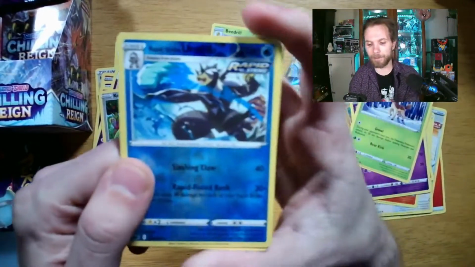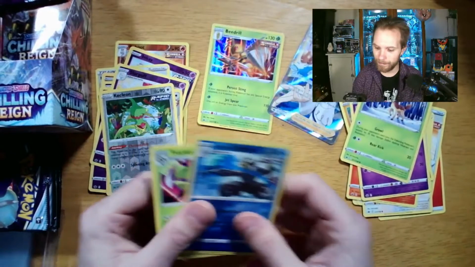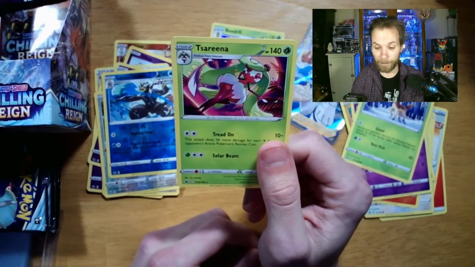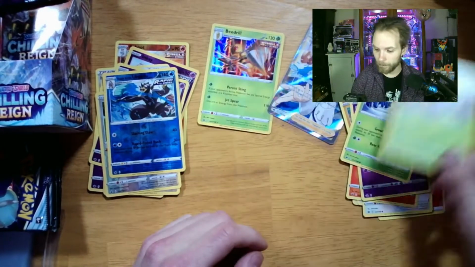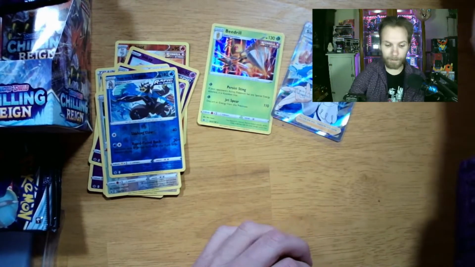Alright, we got a Rapid Strike Urshifu. Look at that. Reverse holo. Fancy little guy. There he is. And we got... yeah, this is one I'm just never gonna pronounce right. So we're just gonna skip the pronunciation stage and move on to these cards go into the box over here